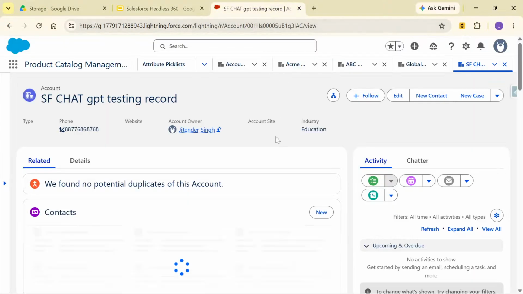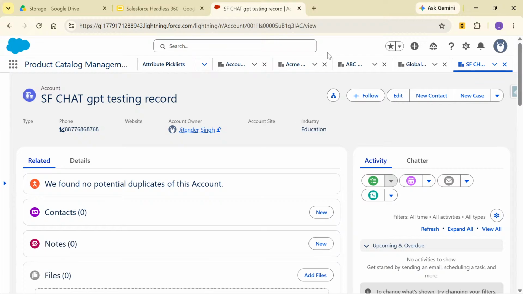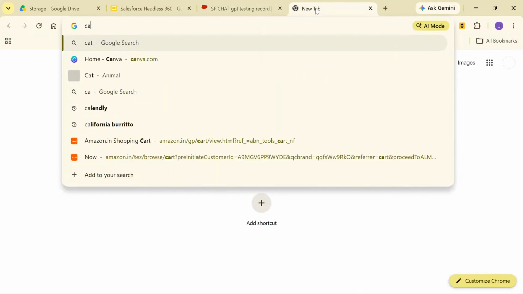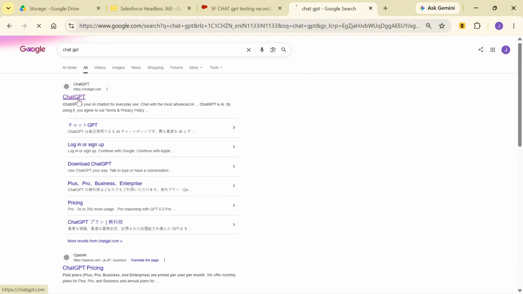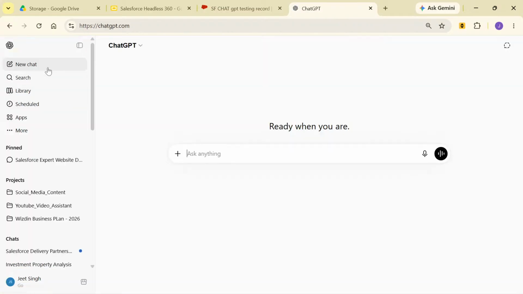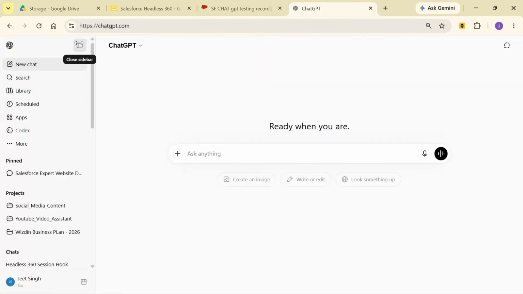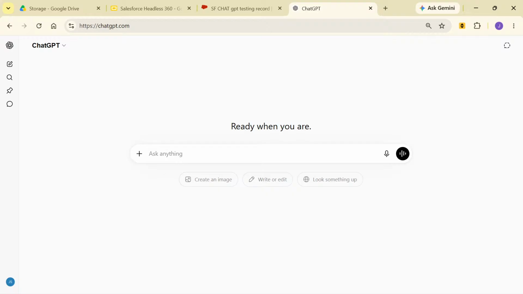Okay, so this is my Salesforce org, and first of all, let me show what we would do, and then we will see how we set it up. So this is my ChatGPT. Now my ChatGPT is connected to the MCP server. So I would go and ask ChatGPT, show